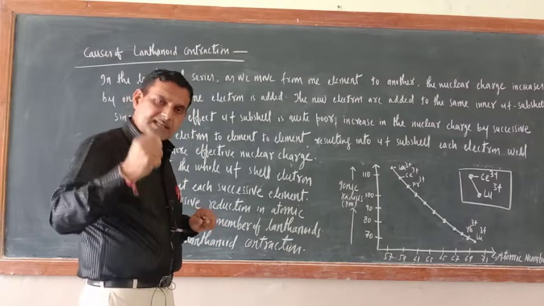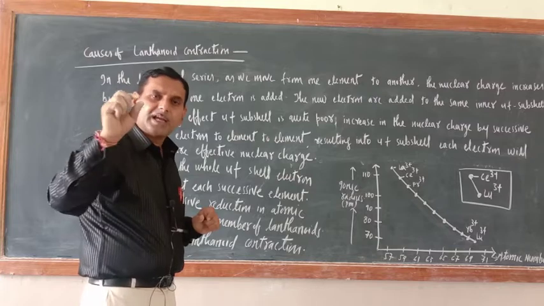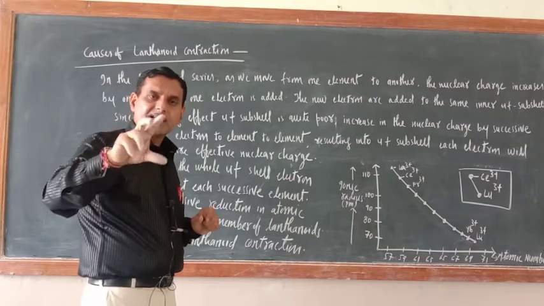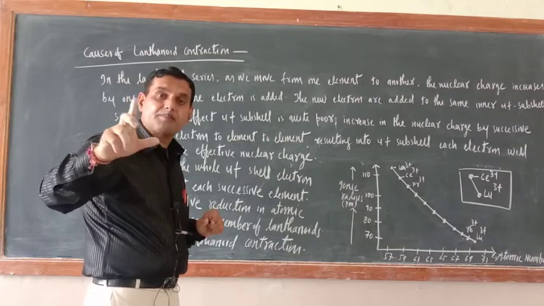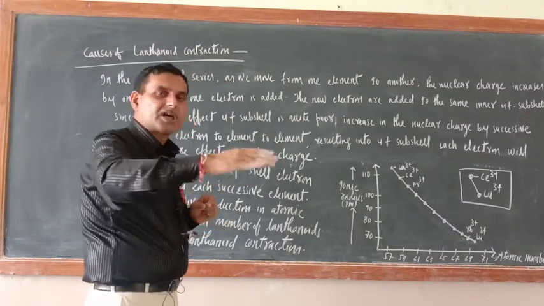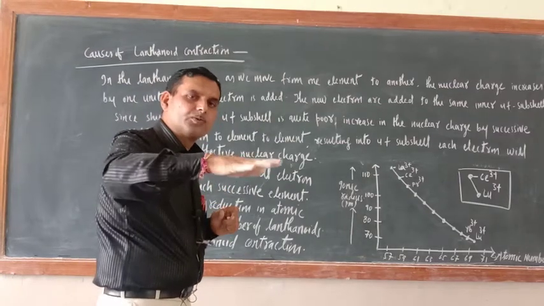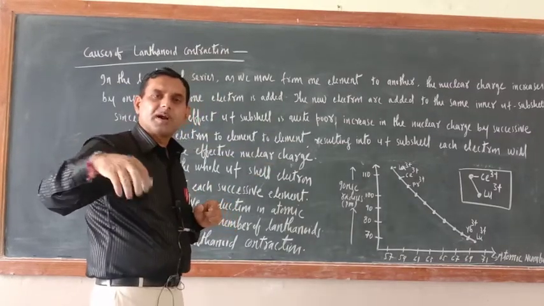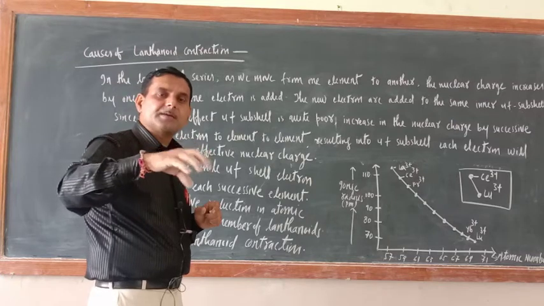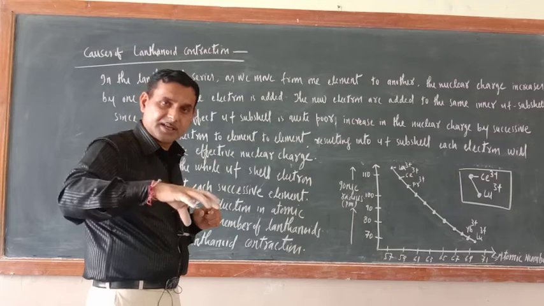Now just see, vice versa. If the inner shells belong to the d and f subshells, the d and f orbitals, their size is diffused, their shape is diffused. So what happens? They will allow the nuclear charge. They will not check it there itself. They will allow the nuclear charge to go to the outermost shell. So we will say their shielding effect is poor, because they can't control the nuclear charge there itself.